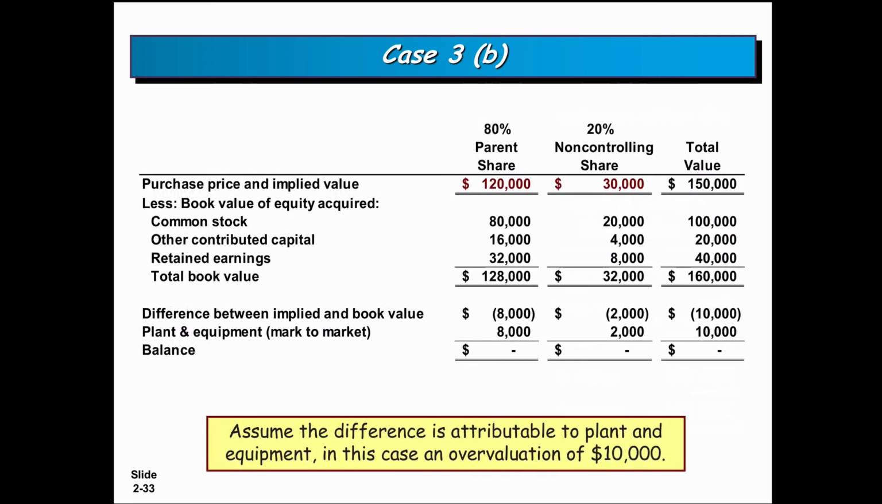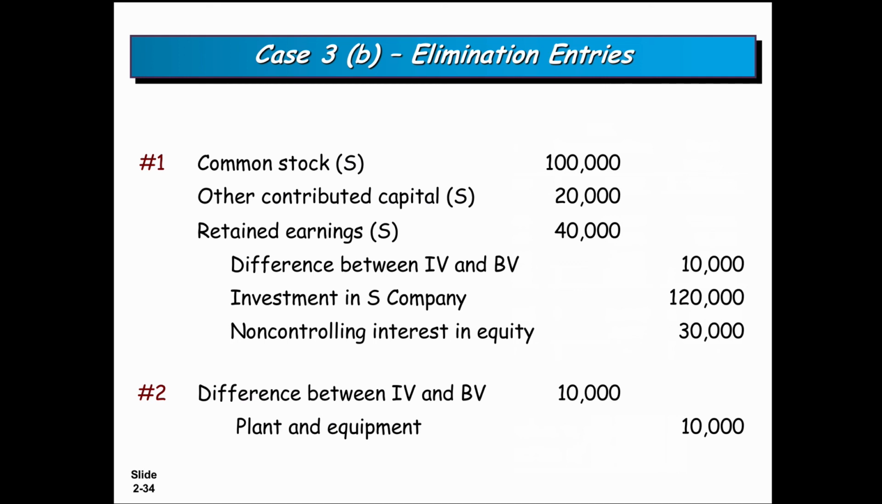And here we assume the difference is attributable to plant and equipment. In this case, there is overvaluation of 10,000 that will be split between 8,000 to the parent and 2,000 to the NCI. And here we make the closing entries or the elimination entry. We debit common stock, other contributed capital, retained earnings, and credit investment in subsidiary company, non-controlling interest, and the difference will go to the credit side. Either we call it gain on purchase or difference between implied value and book value, which will be closed in